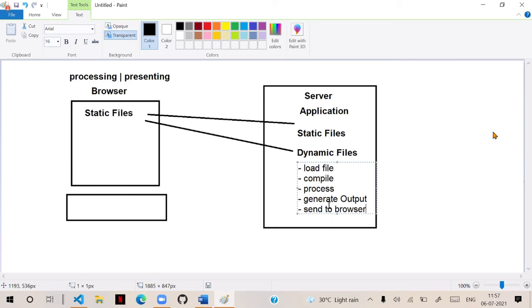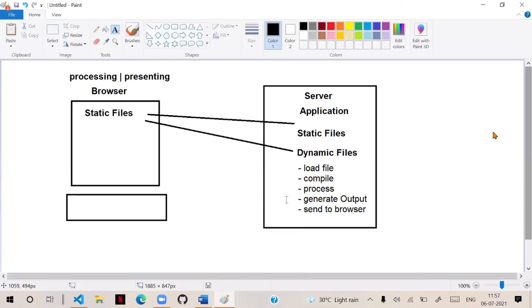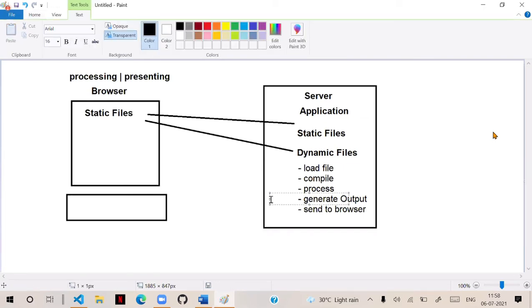That means everything happens here. It needs to load the file, compile the file, and process the file. Remember, if it requires compiling, processing, and output generation, we call this mechanism rendering.